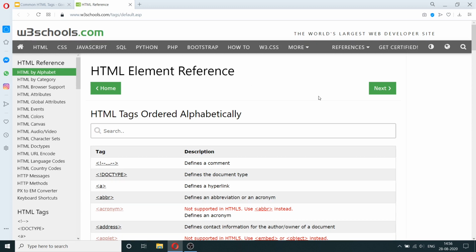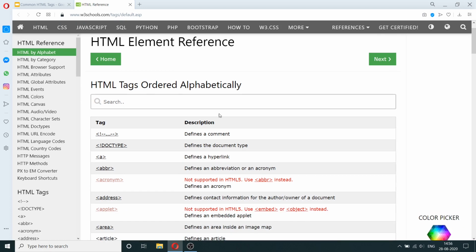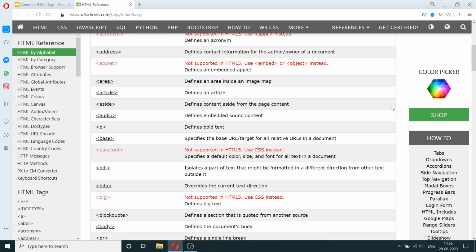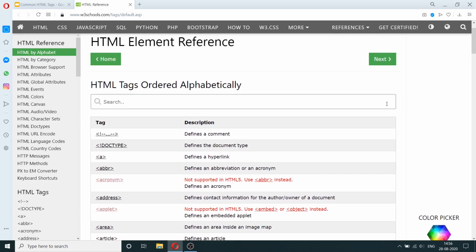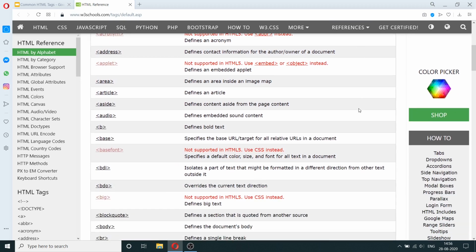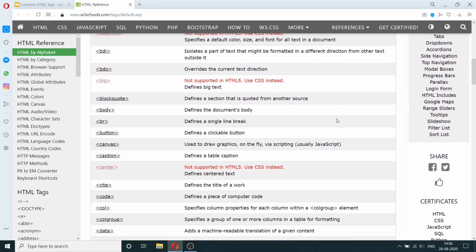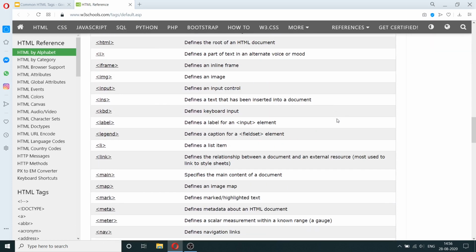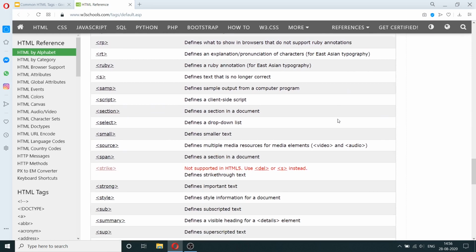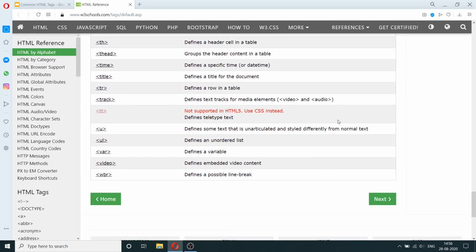Even professionals use this as a reference for learning about some of the less common things about HTML and JS and things like that. So in this page, we're going to see a list of all the HTML tags ordered alphabetically. So I'm just going to quickly scroll through this so you get an understanding of what are the tags that are possible. I won't even be reading it for you. So I'm just going to slowly scroll over this. This is just to give you an idea of what's possible, what's out there. So as you can see, there's a lot of tags here.